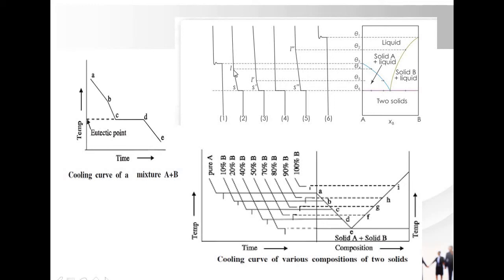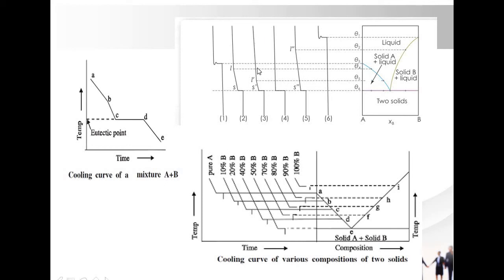Initially the rate of cooling will be continuous till the point L is reached, and thereafter the rate of cooling will diminish. It moves along the line LS, and at L one of the solids is getting solidified, and when it reaches this point S, the formation of eutectic begins. Thereafter it remains constant and again there is a drop in temperature. Now this is the cooling curve for another composition, say let it be for 20% of B and